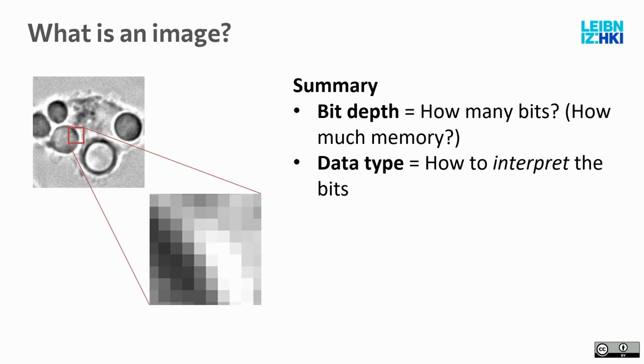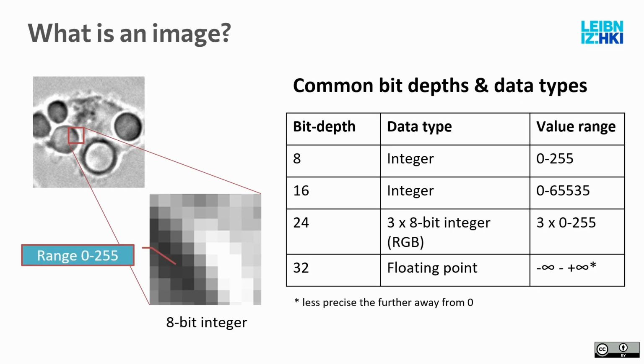Bit depth is basically how much memory each pixel is allowed to have. And then this whole splitting it apart is part of its data type. So how to interpret the bits: should we take them as is and say, okay, it's from 0 to 255, or is it 2 times 4 bits and then we have 2 channels? These are very closely related to each other. And you will encounter mostly those here. These are the ones that ImageJ supports,